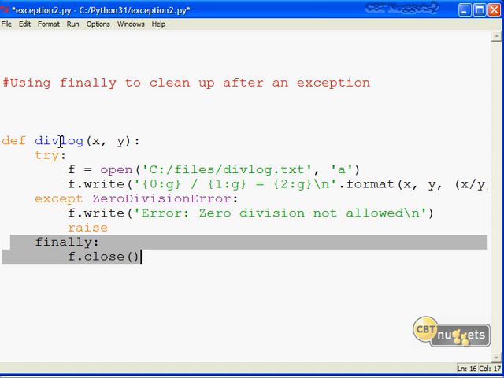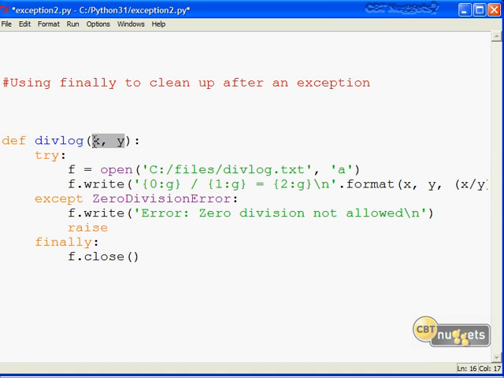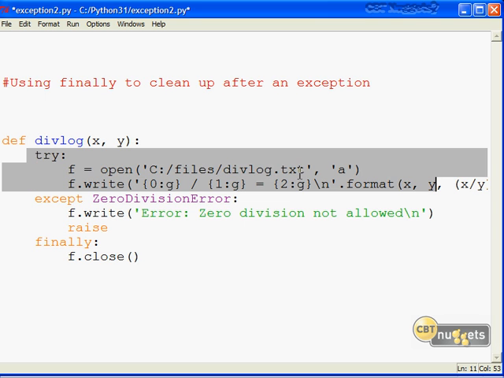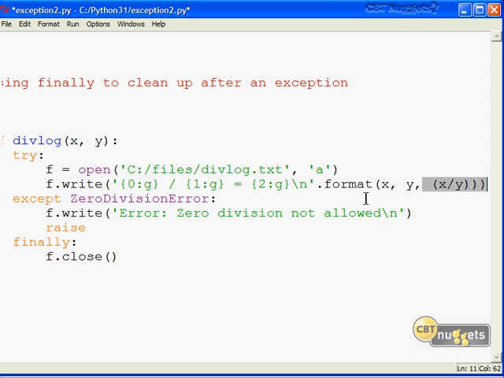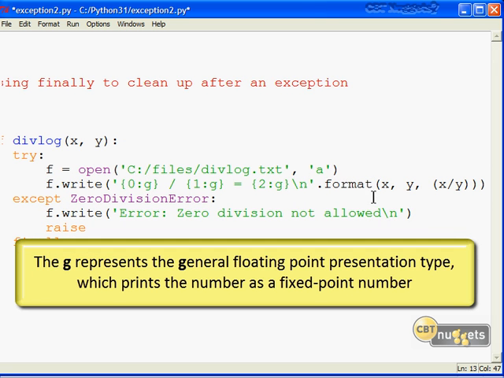That is to say, in our function declaration, divlog, which takes two arguments, x and y, and very simply divides y into x, we're going to try to open up a file for appending. So we'll be able to run this function multiple times and not overwrite any data that's already in this file. And then we're going to write a line to that file that gives us a user-friendly representation of whatever arguments we've passed into divlog. Now you should remember the format method and the Python 3 style string formatting, where in the braces we can use positional numbers 0, 1, 2,